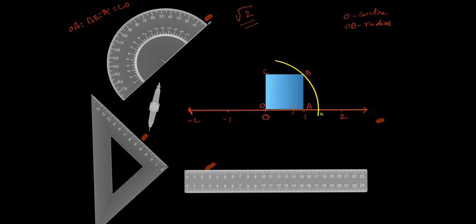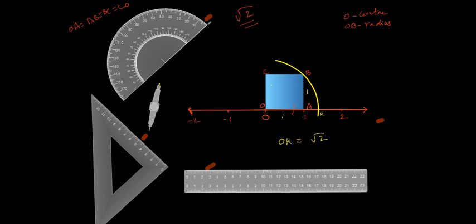0 to K. That is equal to root 2. Why? Here, OA is 1 unit and AB is 1 unit. As per Pythagoras, what we have